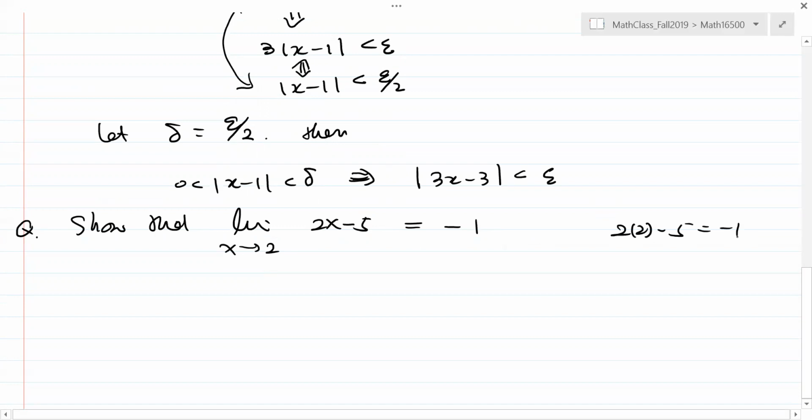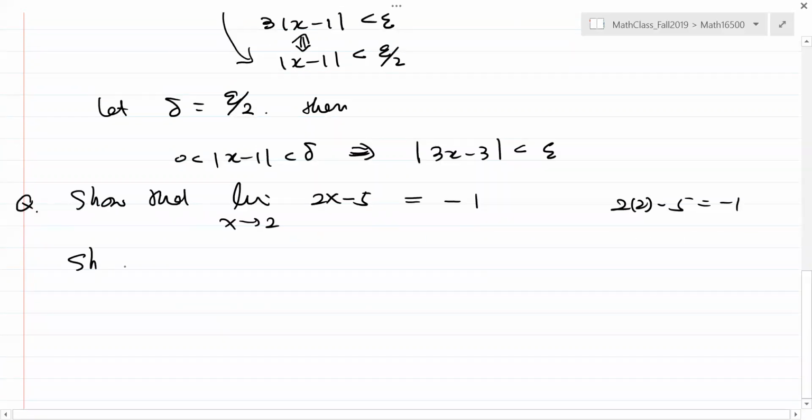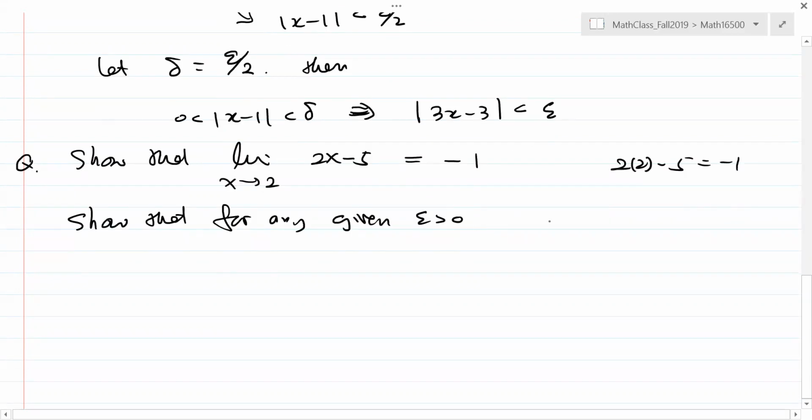You cannot say I see the limit is negative. That's why it's my proof. That's not proof. What I really want you to do is to show the following statement. Show that for any given small positive numbers epsilon, you have to say that there is a number, there is a delta,